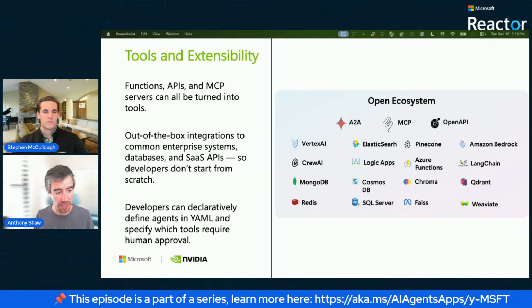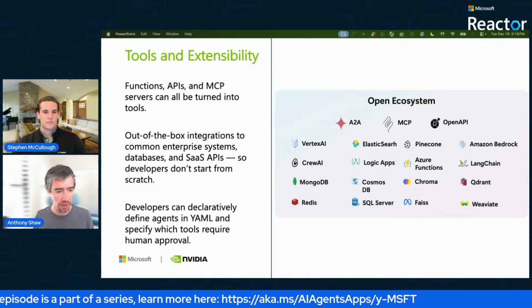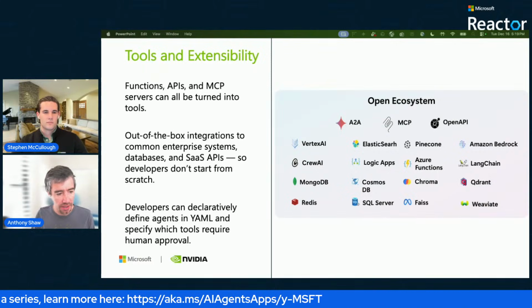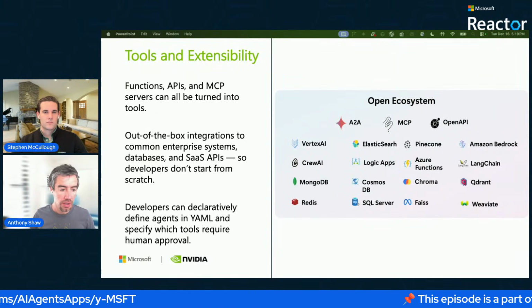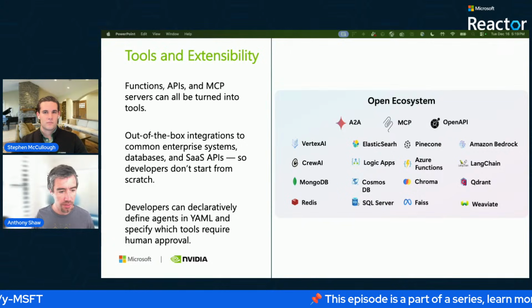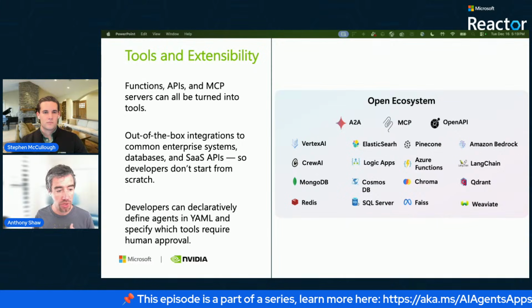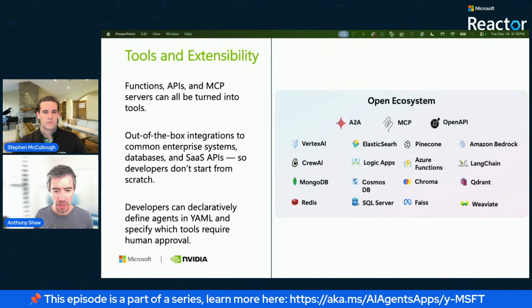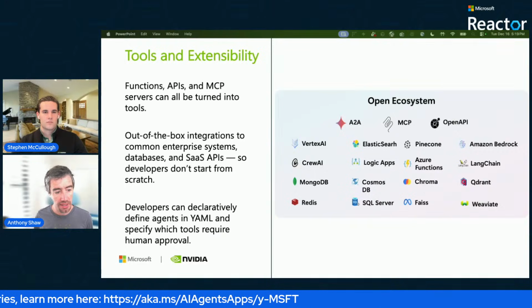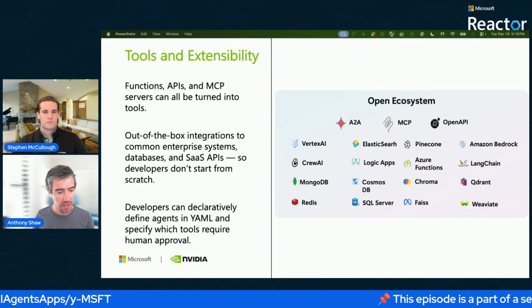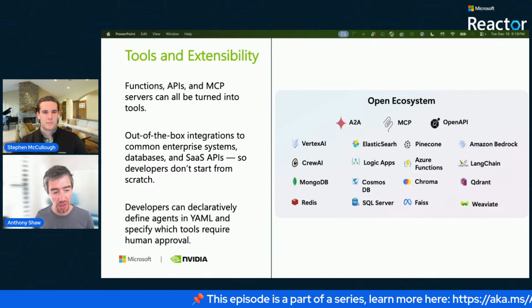So yeah, an agent without tools is not an agent. It is really just another chat interface, and you're just talking with a model. So the whole point of this agentic framework is that you give it capabilities to actually go and do things or retrieve data to make decisions. And so what we've done with Agent Framework is we've enabled it so it can talk to anything that uses one of the open standards. So A2A, agent to agent, MCP, or